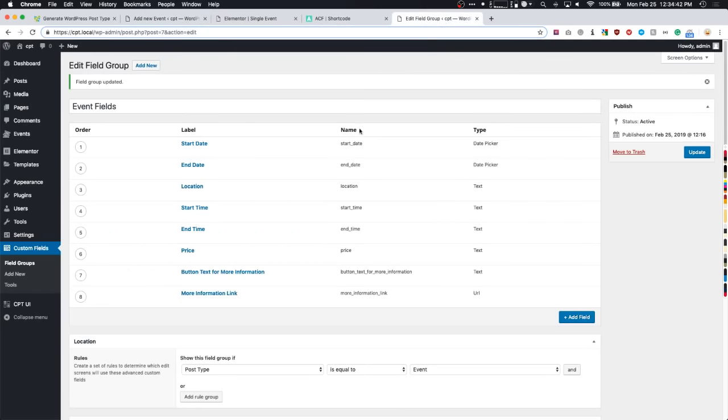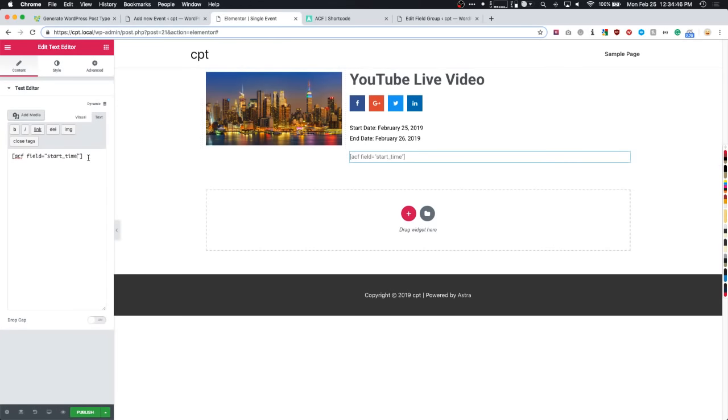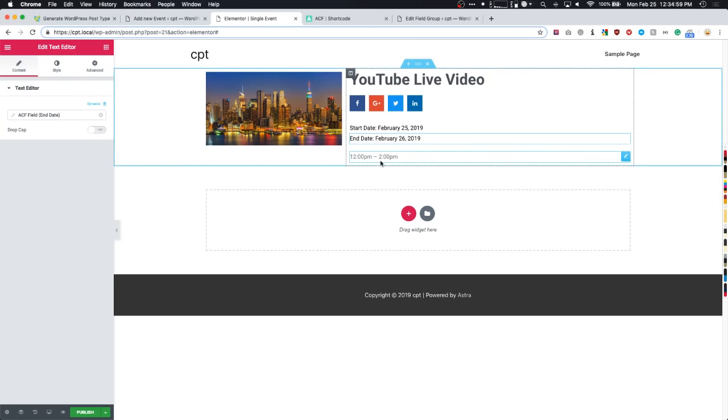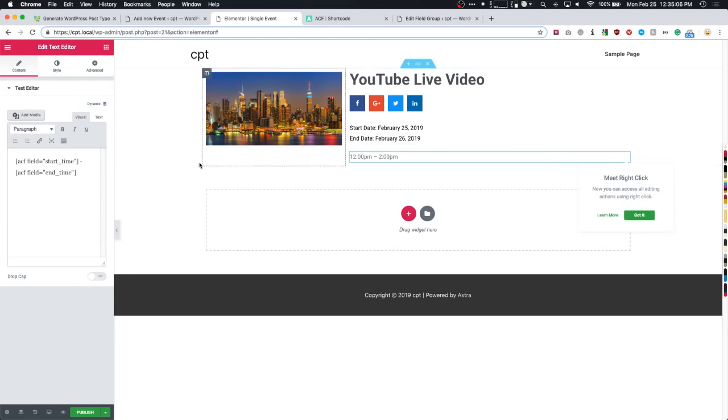At least I believe that's what our thing is. Start time. Yep, start underscore time. And then we have the end time. So let's do that. And then we're going to add the space with the hyphen and another space. Paste in that same shortcode, but change this to end time. Now, once we click off of it, we can see that we have those times being pulled in dynamically right there. So we can go in, edit this,